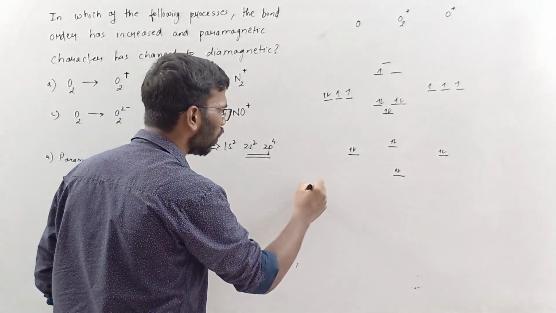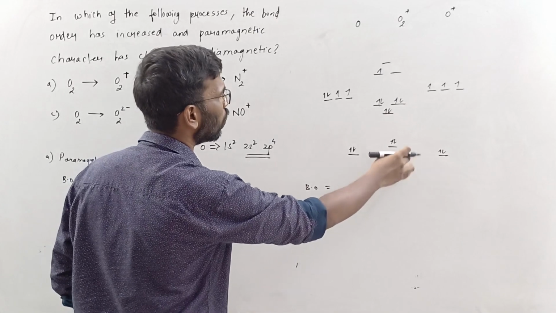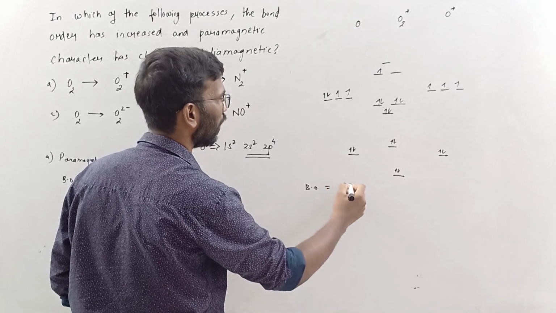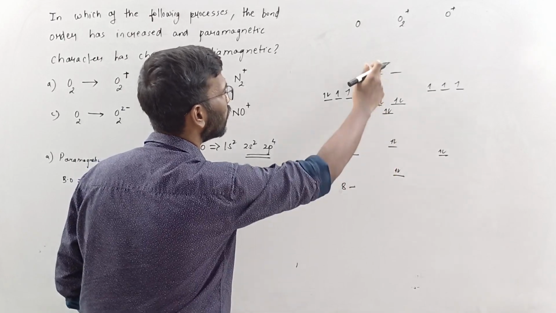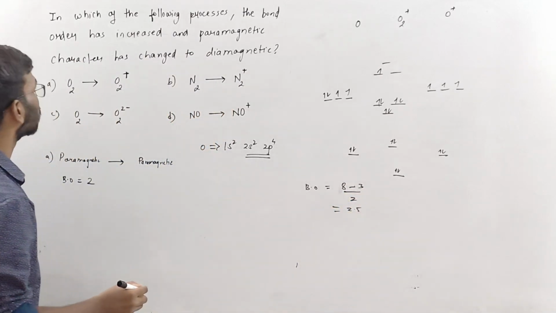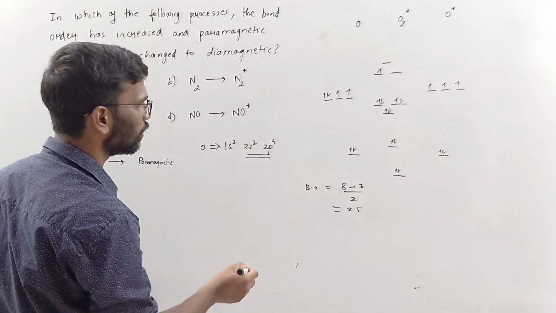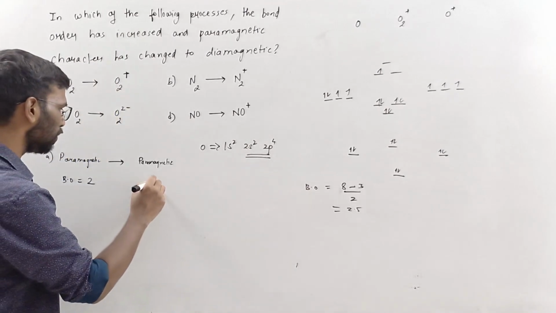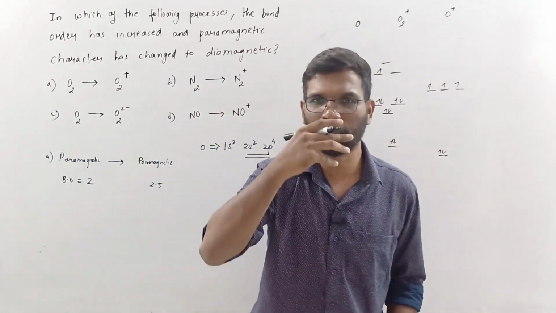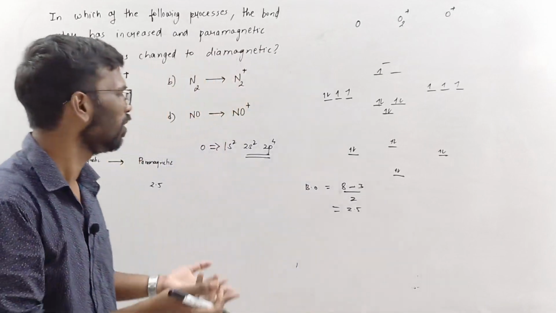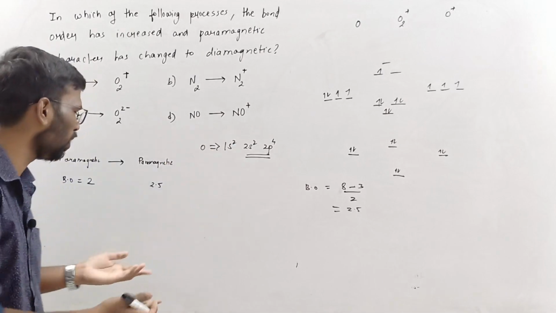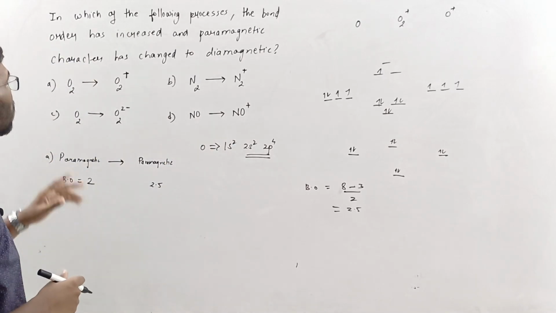Right? What will happen to the bond order over here? So let's calculate the bond order. Number of electrons in bonding, 2 and 6, 8. 8 minus, this is 2 and this is 1. So 3 divided by 2, that is 2.5. Bond order has become 2.5, means from 2 it has become 2.5. I'll tell you the meaning of this later. What is the meaning of 2.5, 1.5? Can bond order be a fraction? We know that bond order is 1, 2, 3. But what is the meaning of this? I'll tell this later.